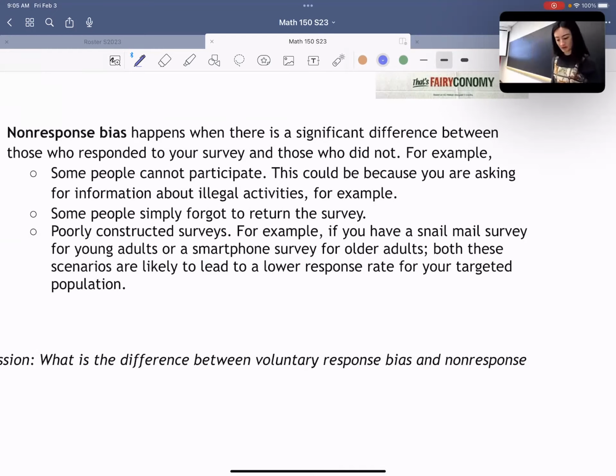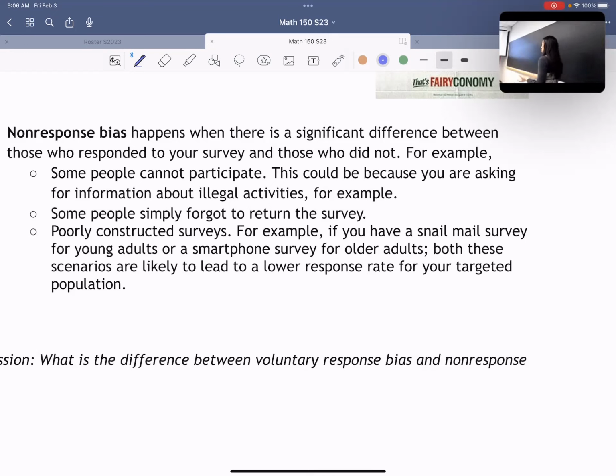Now, I was going to ask you something for this. Let's say I give out this survey and I ask you, how many of you have murdered someone at 4 p.m. yesterday? Well, do you think anyone's going to respond to that? No, everyone's going to either say no or not answer, right? So this happens a lot when there's a question about illegal activity that people don't really want to answer, right? So a big important part of the population